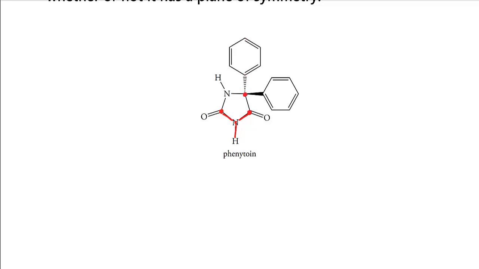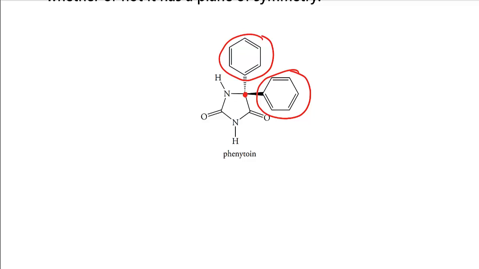So can you tell me whether this carbon is a chiral carbon or not? If you see this carbon, the 4 groups are not different. This side we have a benzene ring and this side I also have a benzene ring. So this carbon is not a chiral carbon because it contains 2 groups that are the same, and in both cases it is a benzene ring, that is a phenyl group. So these 2 are the same and this is not a chiral carbon.